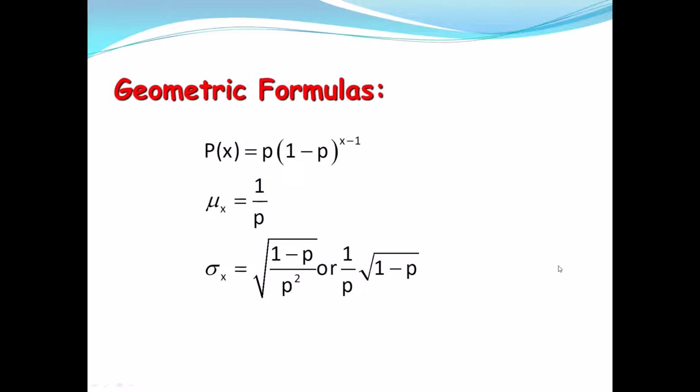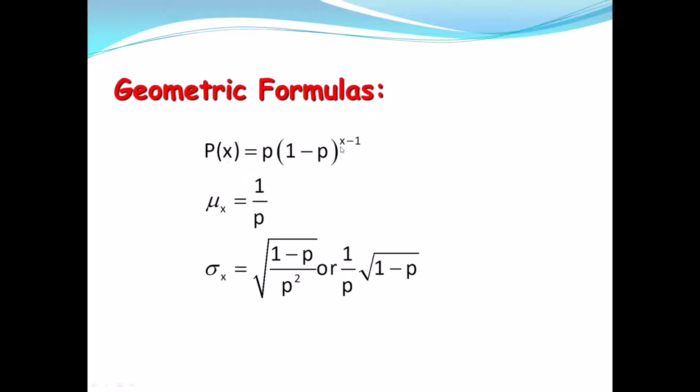Okay, here are your formulas. This is how you calculate a geometric PDF, right here, the thing I'm circling. And all it is is your number of failures times the probability of success. So 1 minus that probability of success constitutes the probability of a failure. And it's going to be x minus 1, because if your first girl is by the 5th kid you have, then you've got to have 4 boys ahead of the girl. So that would be x minus 1, x being